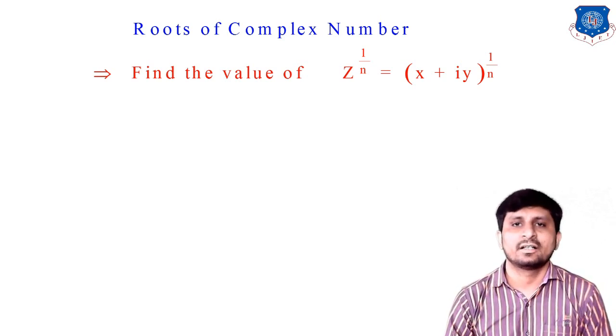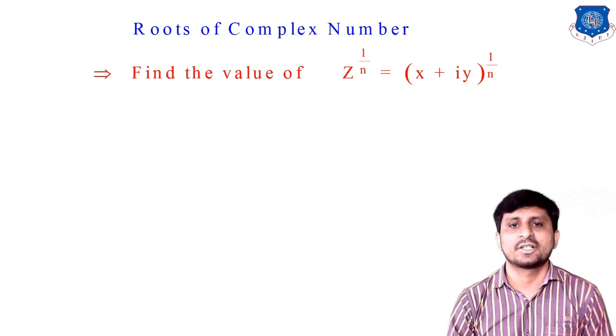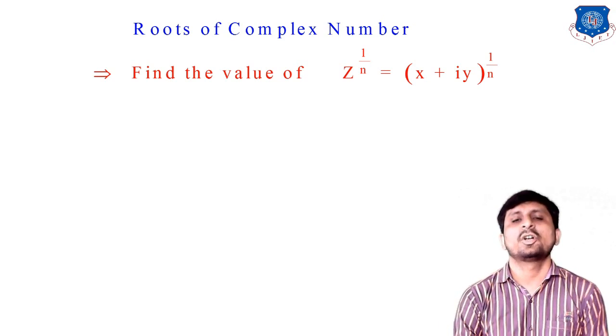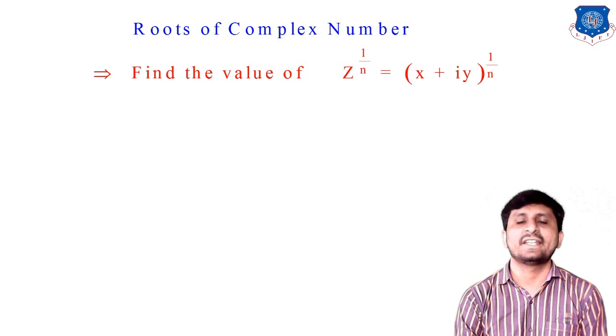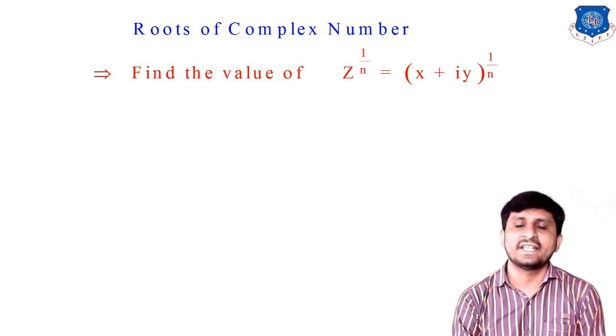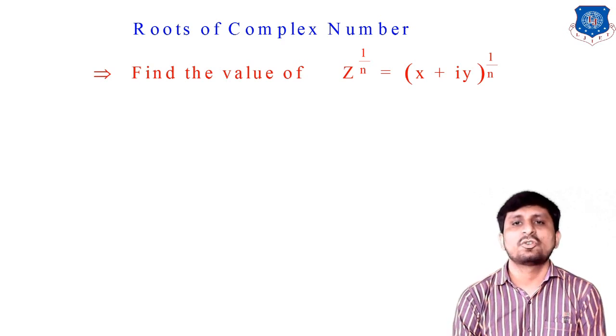As you all know, in the last two lectures we discussed de Moivre's theorem and solved so many examples. So this is our next topic for this chapter, roots of complex number. Very important topic and very interesting. Roots of complex number means suppose you want to find the square root of any complex number, cube root, fourth root, in general the nth root of any complex number, then how can you find it? For that you have to follow this method. Which method? Let me explain.